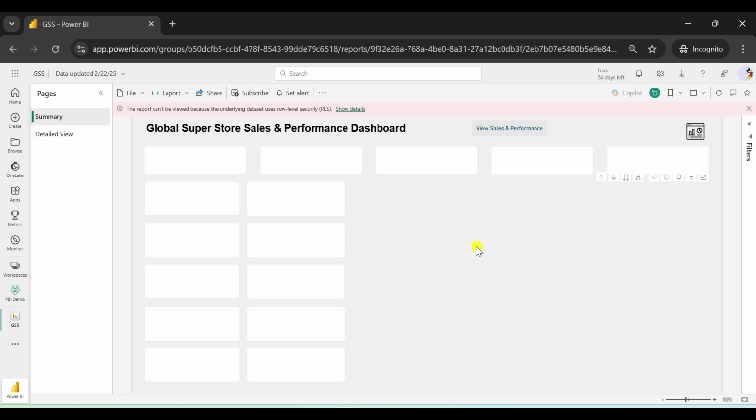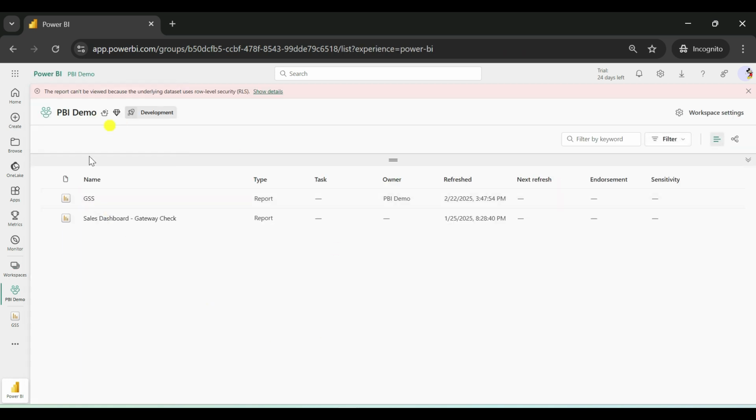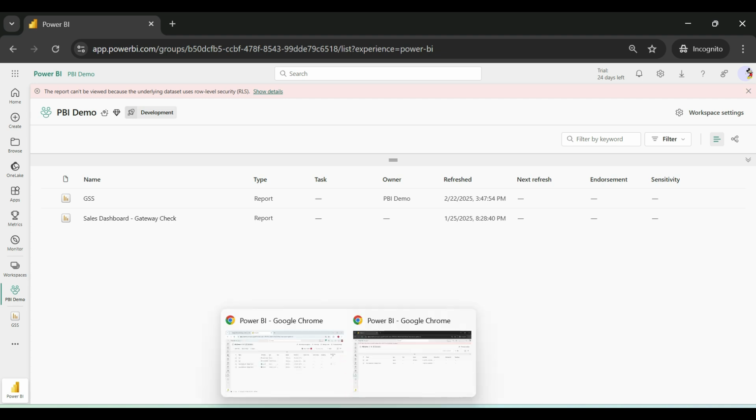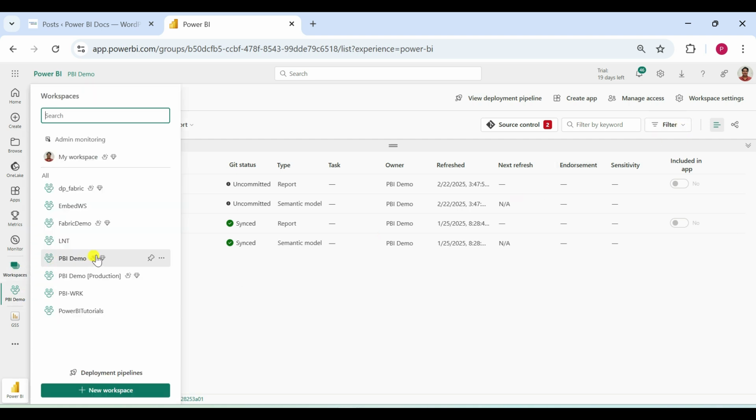One more point to remember here, David has the workspace viewer role, which is why he can see the workspace and the report. So under workspace, here he can see the PBI demo workspace, and under that workspace he can see the report. Now let me show you David's workspace access in my main account. So this is my main Power BI account, and I am admin of the PBI demo workspace.